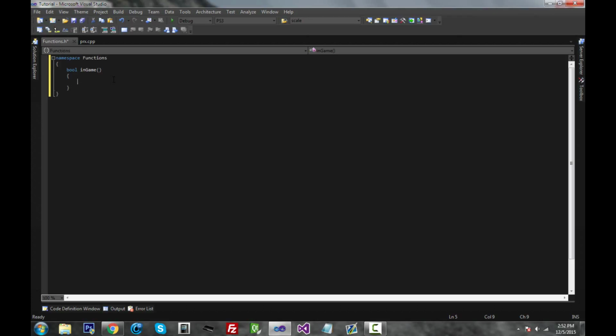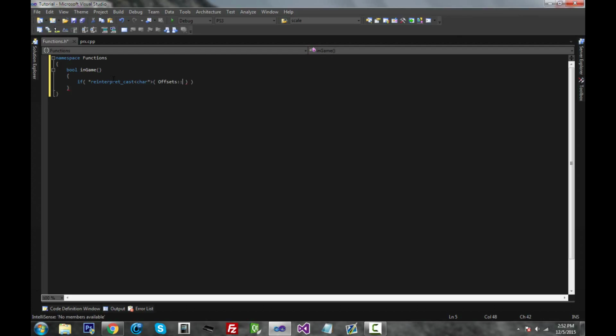Inside here, we're going to type if, and this is going to look pretty crazy right now. I'll explain this later in the series, or maybe today, I don't know. But just copy down what I have. So make a pointer. Well, this is really a dereference operator in this case, but I'll just refer to them as pointers. Pointer reinterpret_cast. Then inside these two carets, I don't know what to call them, left and right operand, I guess, put char pointer. And then inside parentheses right here, go ahead and type offsets